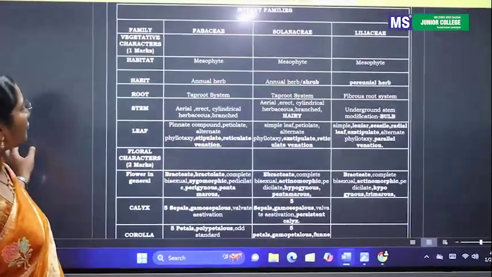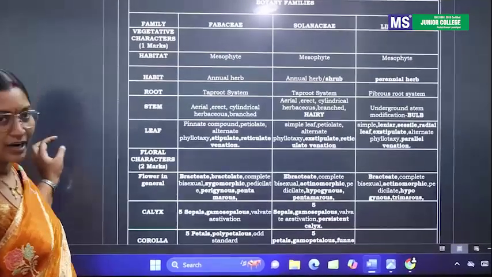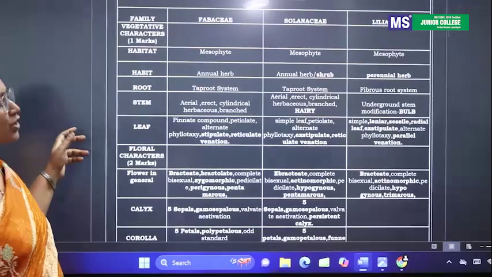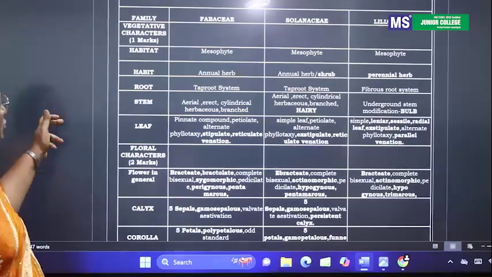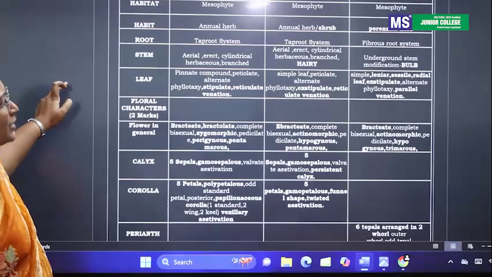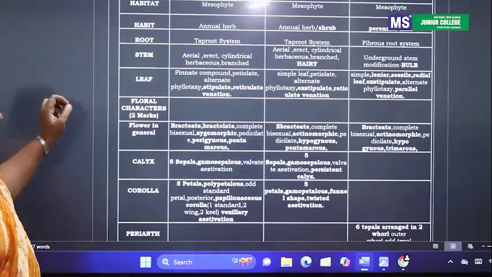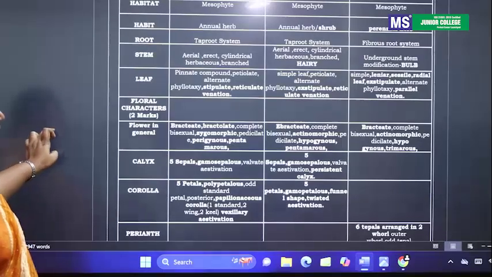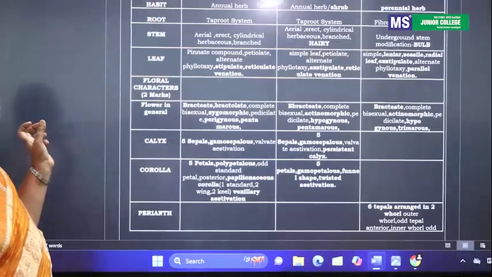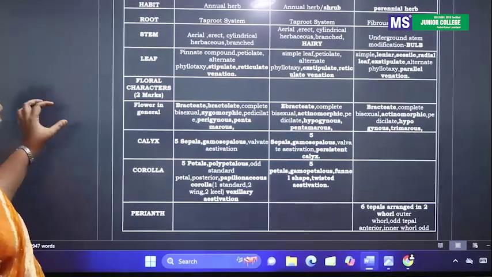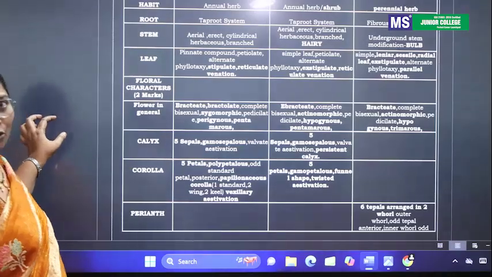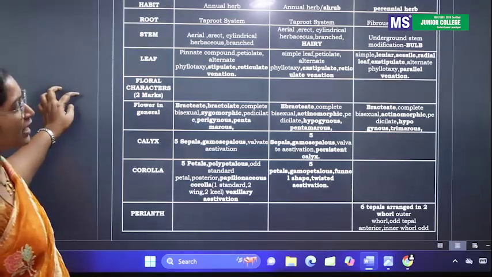So, check it out. The first one, vegetative characters: you need to write about habitat. Fabaceae is mesophyte, Solanaceae also mesophyte, and Liliaceae also mesophyte. Habit is annual herb; Solanaceae may be an annual herb or shrub; Liliaceae is a perennial herb. If you observe the root system of Fabaceae and Solanaceae, both have a taproot system because they belong to dicots. And if you observe Liliaceae, that